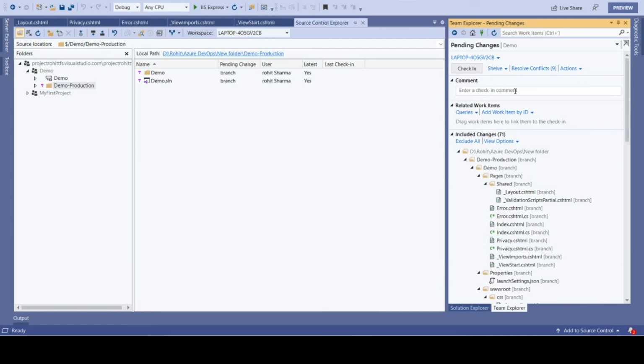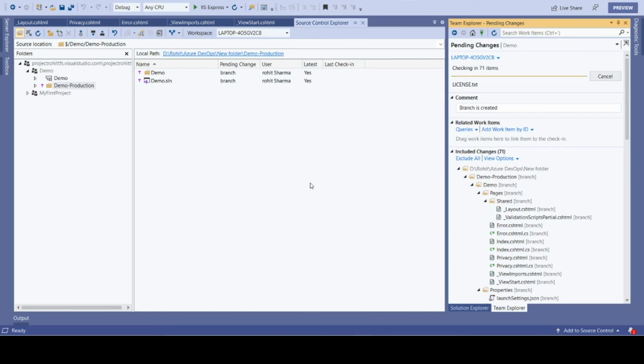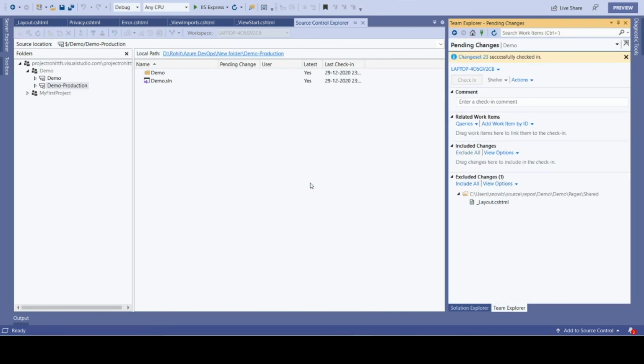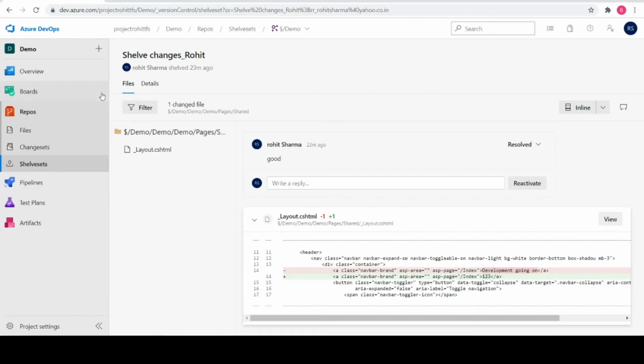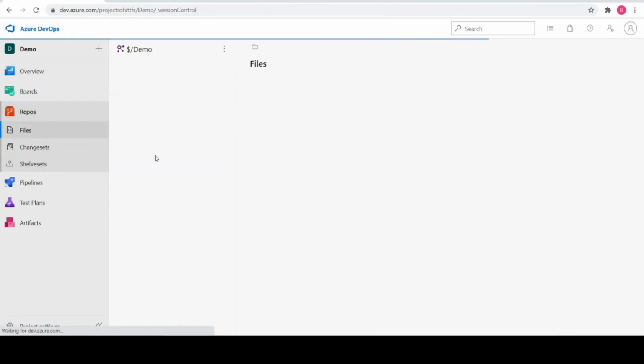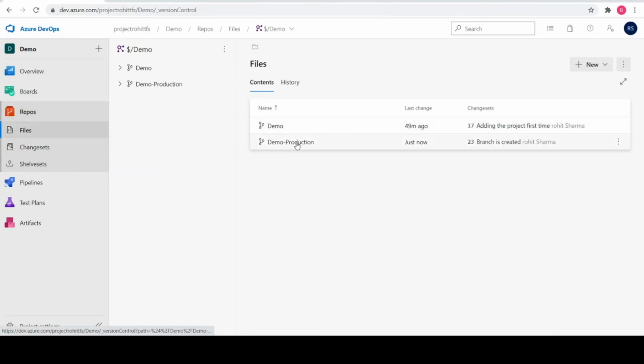I just need to add a comment: branch is created. I click check in, yes, and all the changes are now checked in. If I go back to the repo on the server, a new branch is there. Bingo, so we are good with the branch.